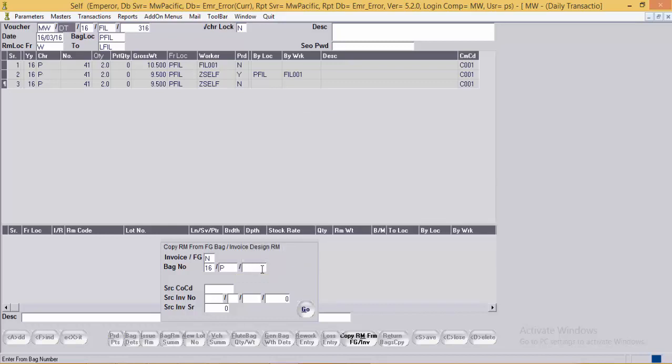Not necessarily it should be an open bag, it can be a closed bag also, which has been already invoiced.